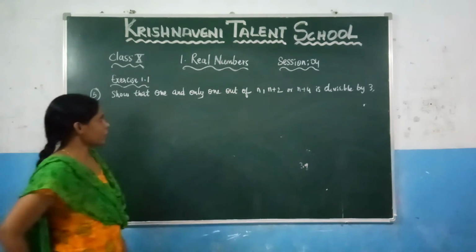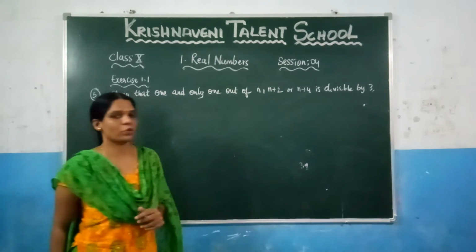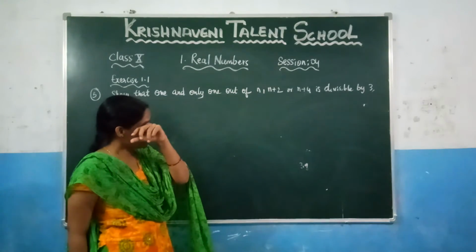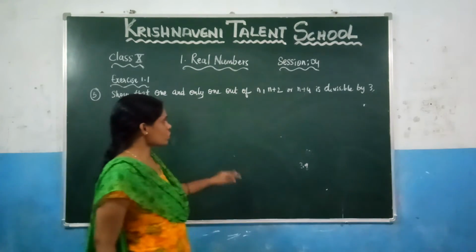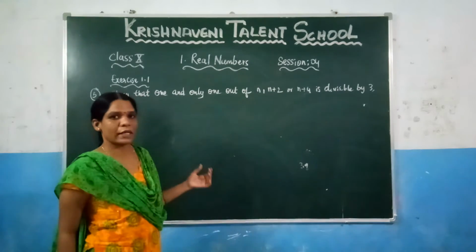What we need to show here, 1 and only 1 out of n plus 2 or n plus 4 is divisible by 3. That means here by using the Euclid division lemma, we need to show here only one possibility is there to show that n plus 1 or n plus 4 is divisible by 3. So again we need to